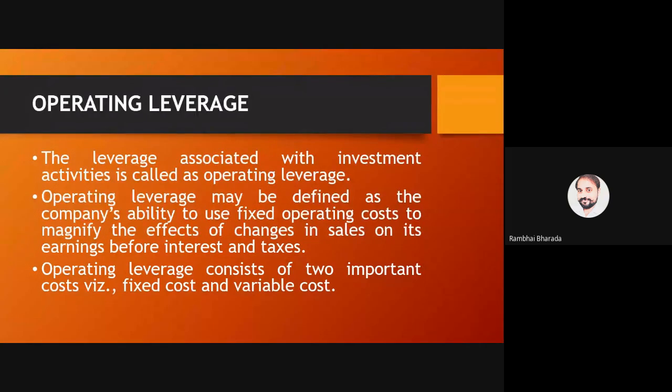This operating leverage has two different important costs. One is fixed cost. Fixed cost means cost remains the same in respect of output or production: rent, salaries, all this. And variable cost means cost which varies with the production: material cost, labor cost, packing cost. So this entire operating leverage depends upon two costs, fixed cost and variable cost. Moving ahead,